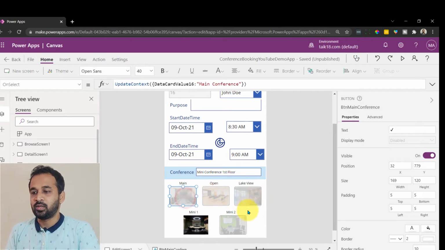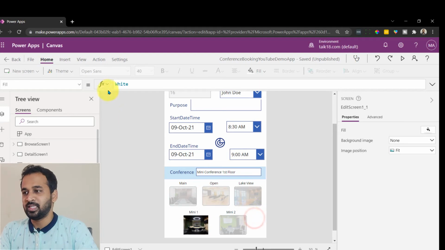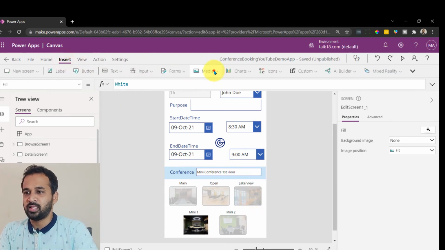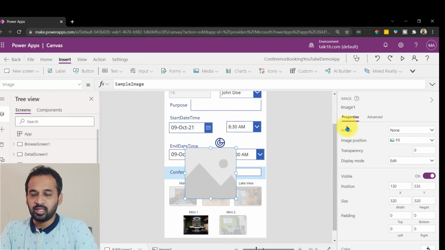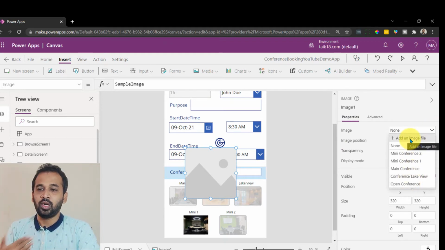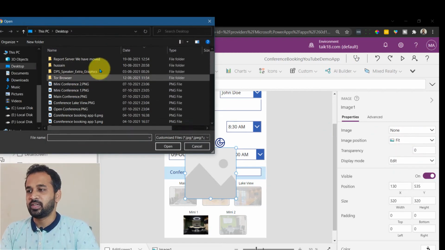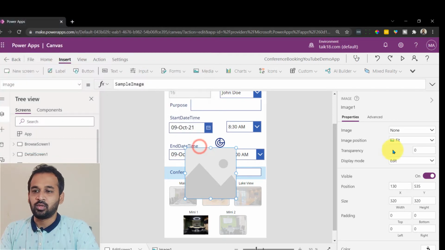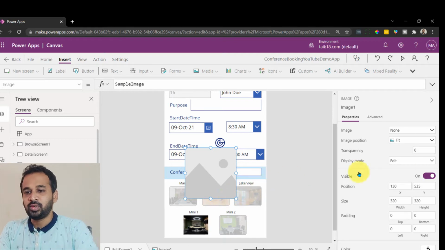Okay, so I had downloaded the image from the website just for the testing purpose here, right? Just for an example. And then I have added each and every image here. How I did it is insert here and then media and image we have. So it's going to add an image here. And here on the property pane on the right side, you have option none, and these are the images which I imported already. So if you want to add a new image, you can click on add an image and then you can select the file whatever you need and click on OK. So it will import these images into your Power Apps, and then you can use it here.